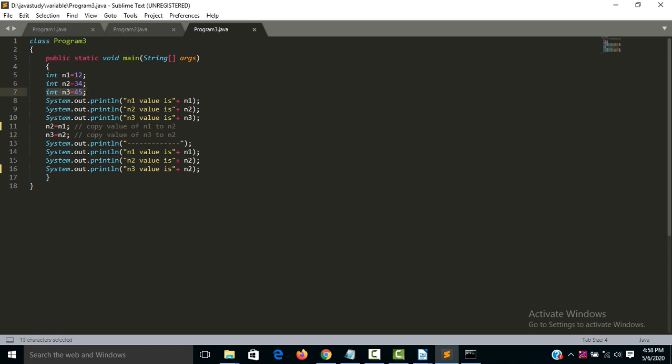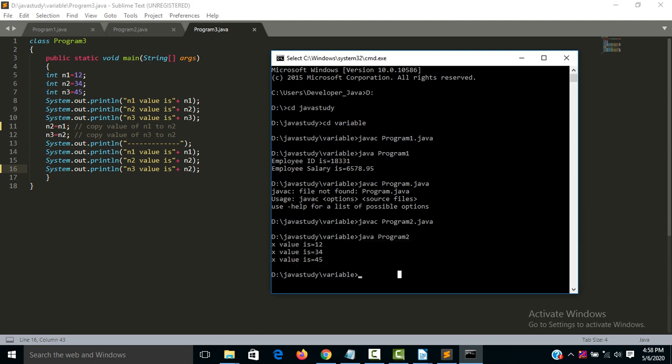Let's execute this program and see what the output will be. In this case n1 should be 12, n2 should be 12, and n3 should also be 12. So let's execute this program.